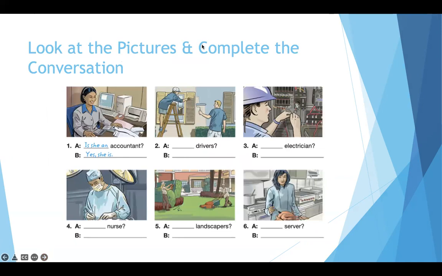Now we're going to look at the pictures and complete the conversation. So number 1 is already completed. Is she an accountant? Yes, she is. All right, what do you think you would say for number 2? So we have 2 people. So we can say, are they drivers? And then,